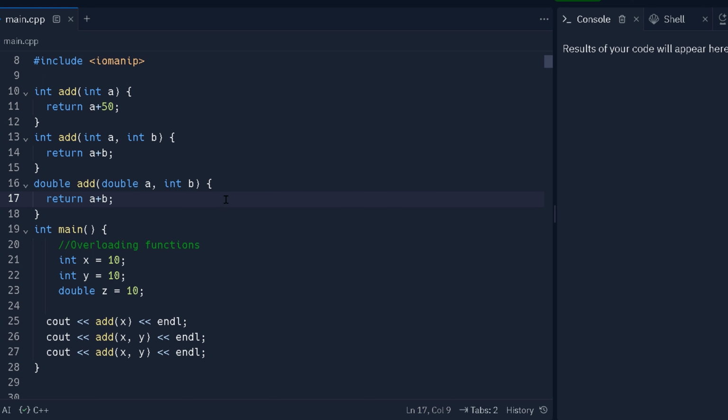Might look a little funny, but it's totally fine as long as their parameter list, so what's inside the parentheses, is different. As long as this is different, they can basically be the same. And so we can see inside of this main method, I have three variables, x, y, and z. This first method call right here of this add x is going to be calling this one because it only